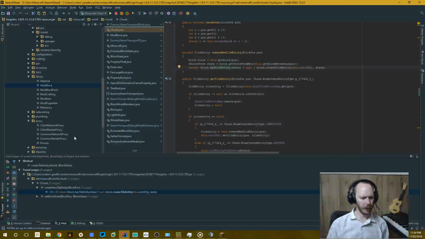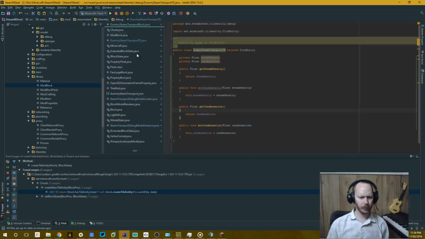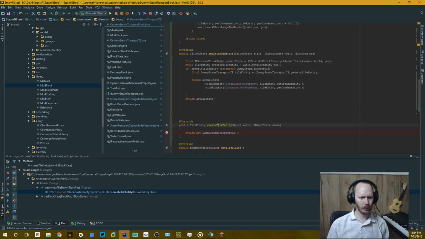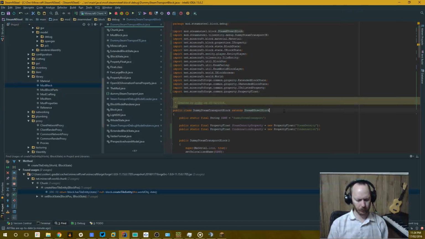ITileEntityProvider. I don't remember this interface before. I like where they're going with it, but